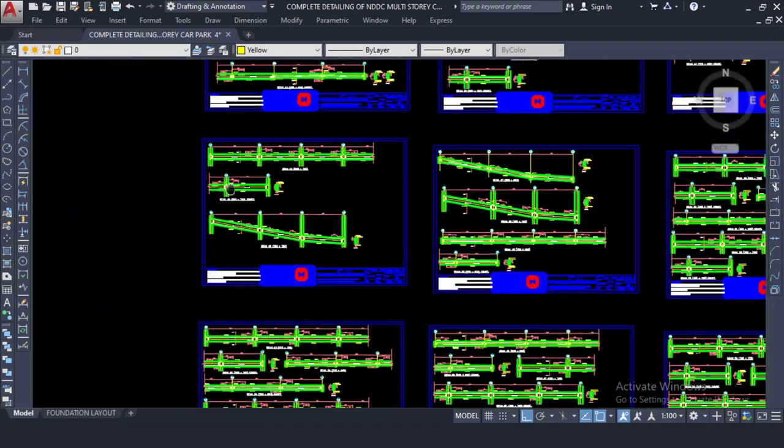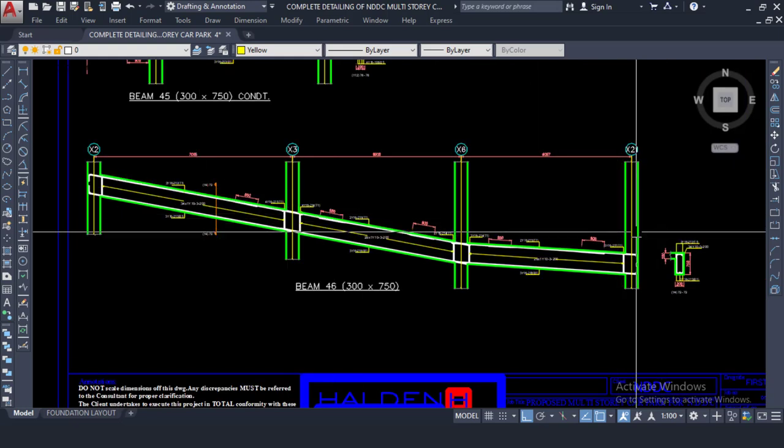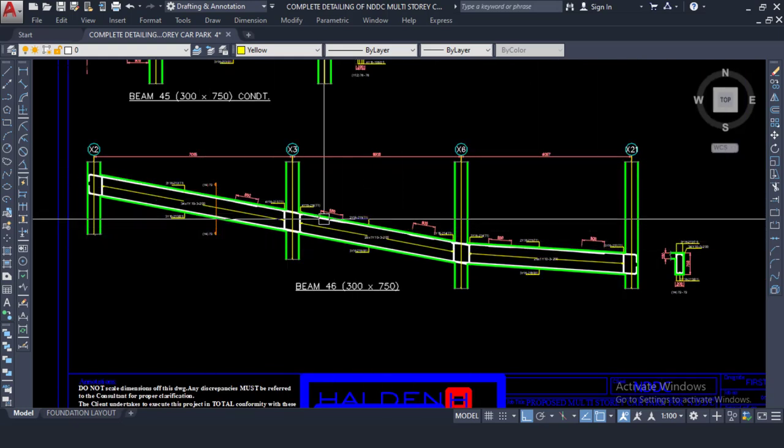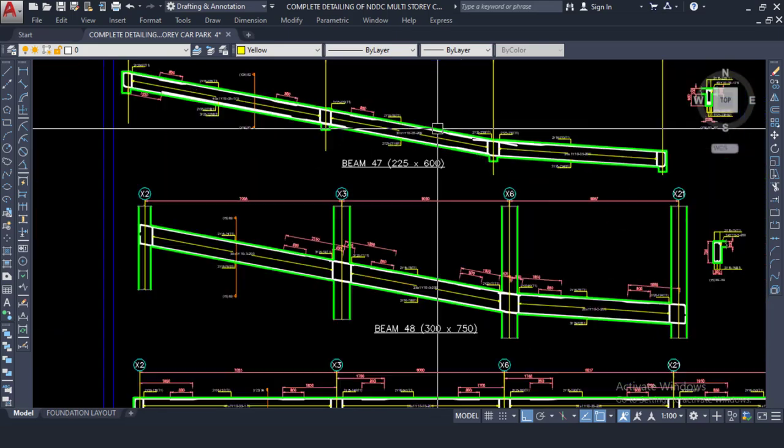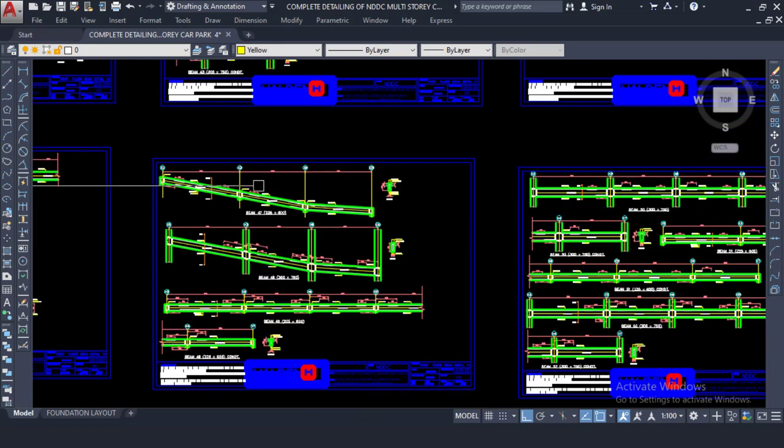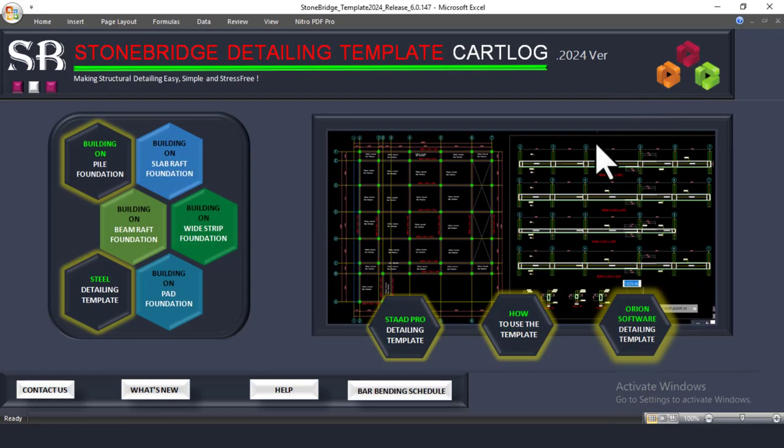You can see my inclined beams and all that for the ramp, and the beams around the ramp area, and you can see also how the cars are going to flow. So right now, let me walk you through this for the people using Prota Structure. Right now, on the StoneBridge template here,